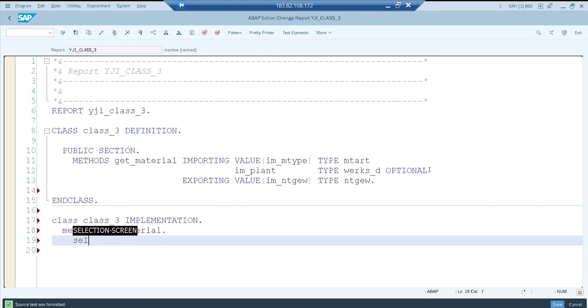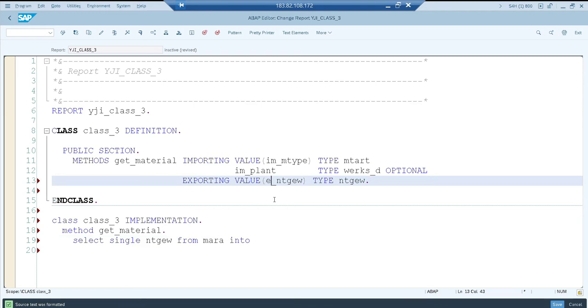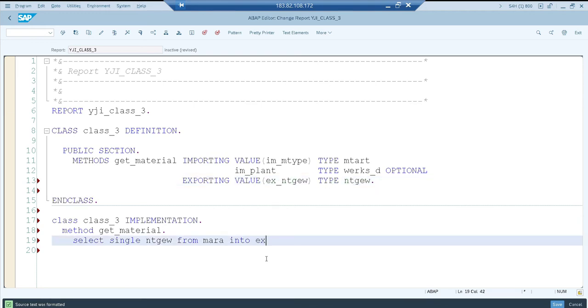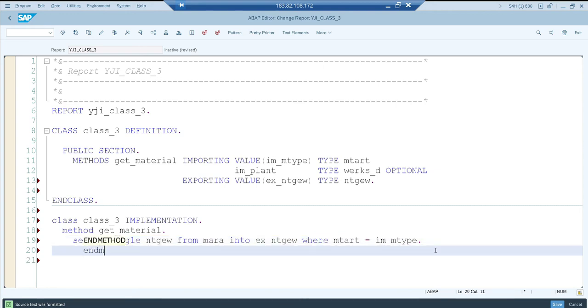So this is going to be a normal select single ntgw from Mara into, okay, it should be ex because this is an exporting variable, right? So ex into ex ntgw where mtart is equal to material type. So when your plant is not available in Mara, it needs some inner join, so forget about it. Anyway, I made it optional, that's fine. And end method